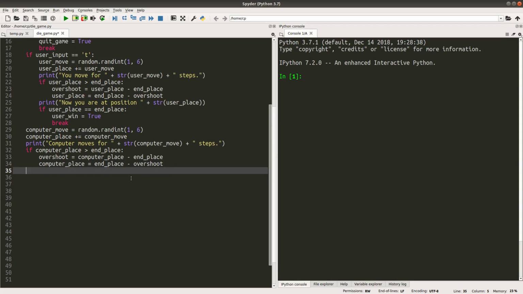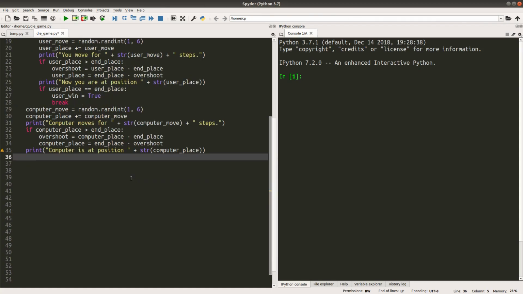And then I will print out the computer position. What would happen if the computer has reached the finish line?